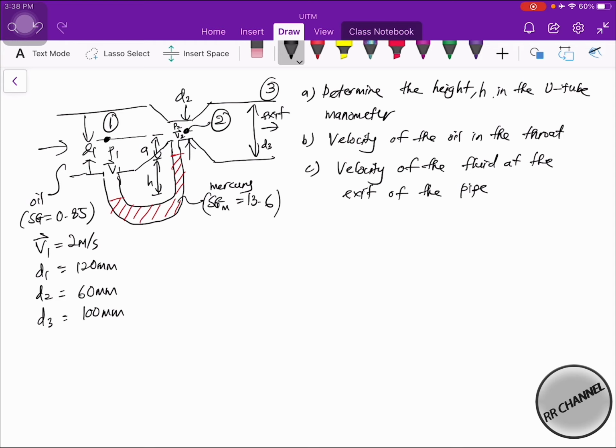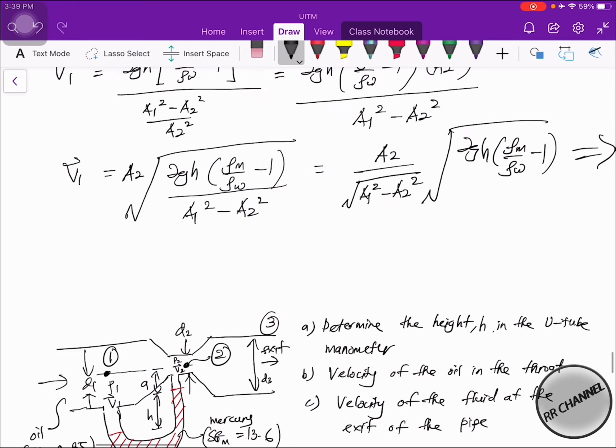Okay, so the question: given oil as the fluid passing through the pipe with SG 0.85, and the manometer uses mercury as the fluid, SG 13.6, and we have the inlet velocity of 2 meter per second, inlet diameter 120 millimeter, the throat diameter is 60 millimeter, and this is D3, 100 millimeter, the exit diameter for this pipe. So the first question asks to determine the h in the U-tube manometer. By using the previous equation that we have derived here,